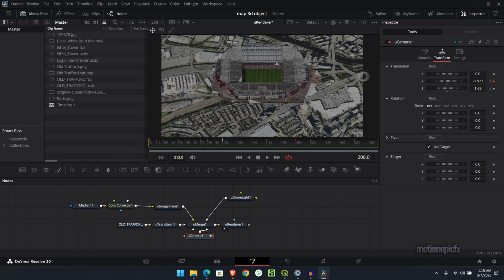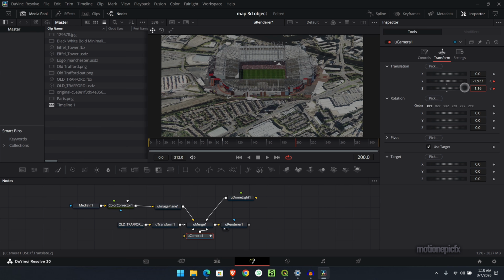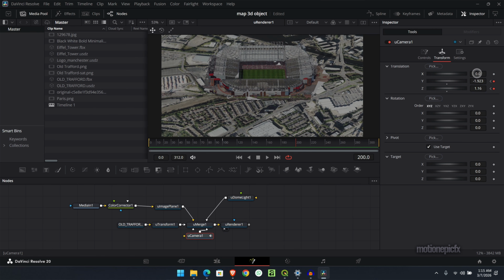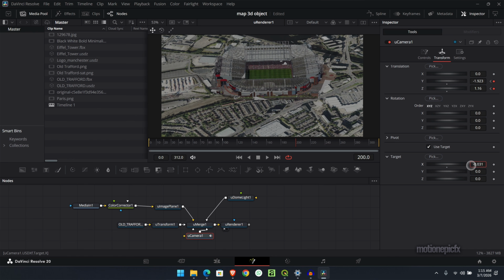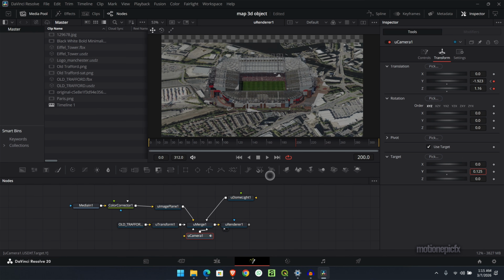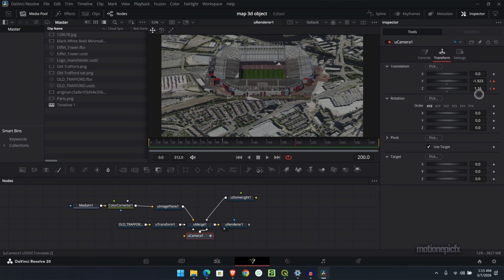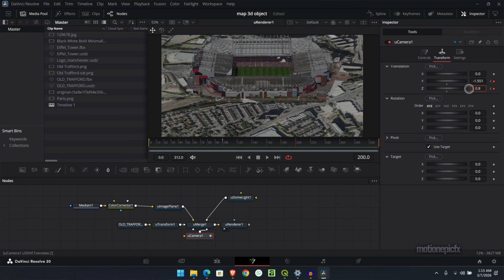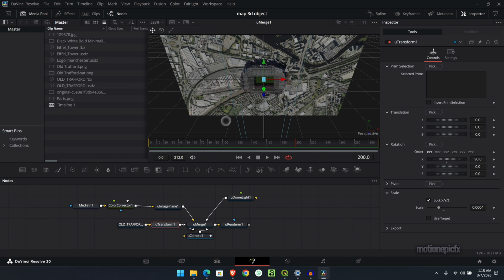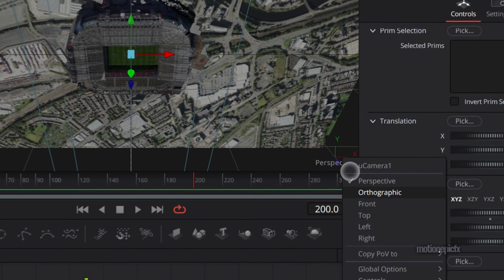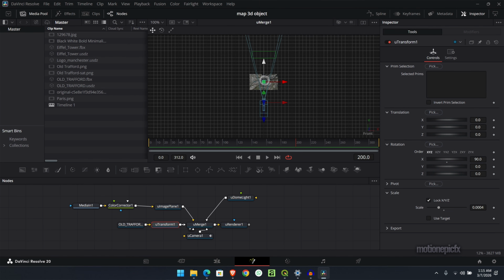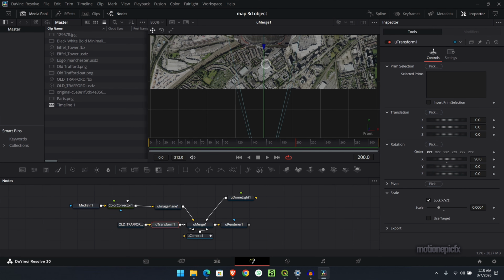So I'm going to just drag it like so, and change the position like that, and maybe I'll just move the Y target over here. Right, so let's zoom into this a bit and get a nice camera angle over here. We also have to make sure that this model is occupying the space where Old Trafford is on our map. So if I just zoom in